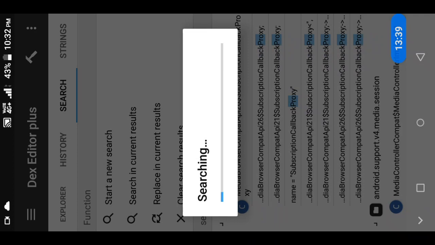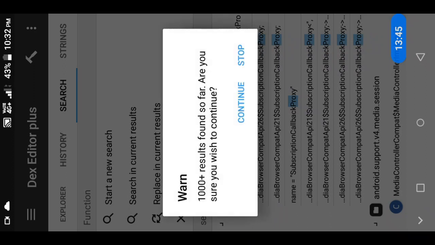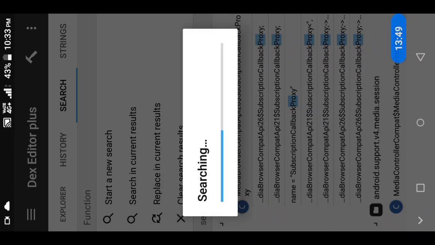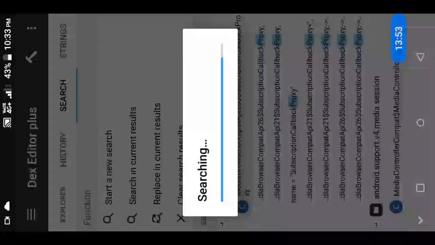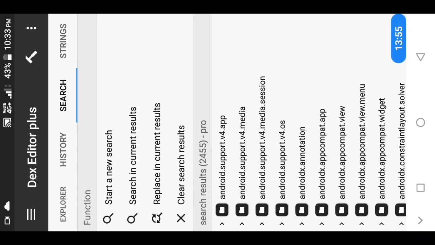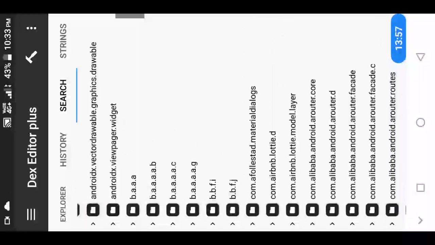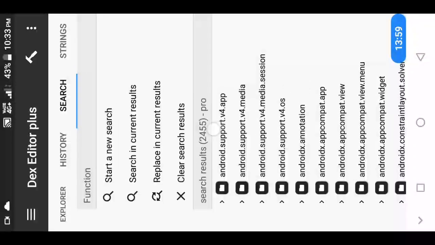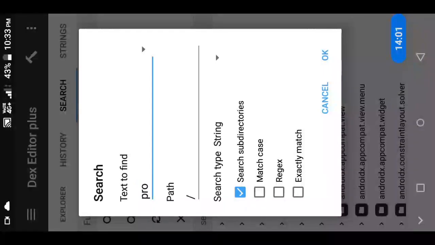So I'm searching here. I hope that it will have fewer results than this. Oh no. So here also we got more than 1000 results. Let's continue here. So you can see here we have got more than 2455.